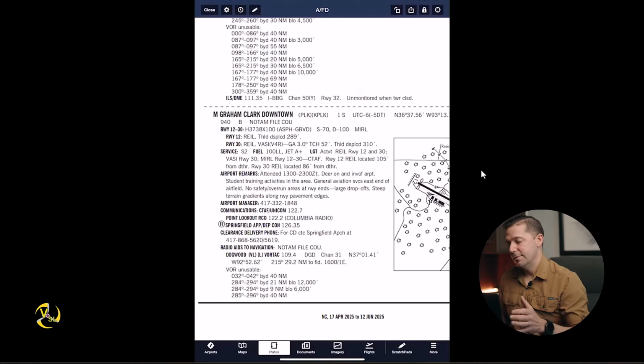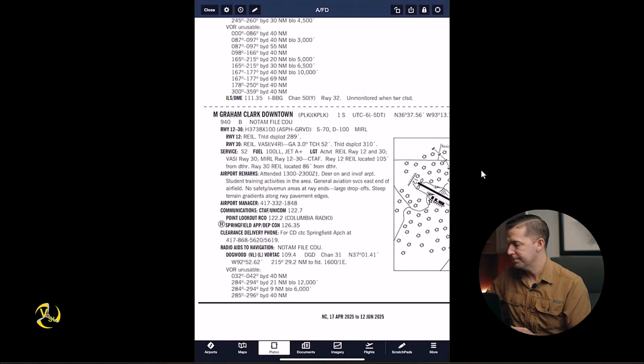The suggested traffic pattern altitude of 1,000 feet AGL for piston aircraft is not necessarily a regulated item by the FAA. It's a suggestion. Remember, the only thing that the FAA regulates with traffic patterns is the direction of the turn. In this case, it doesn't tell us that it's right traffic or anything like that. So we're going to make left-hand traffic to land on either runway 12 or runway 30. And we'd be able to do that all under special VFR conditions as long as ATC approves us for that